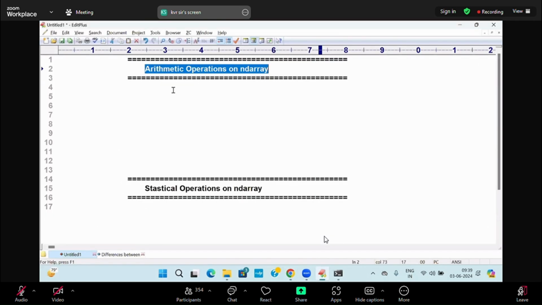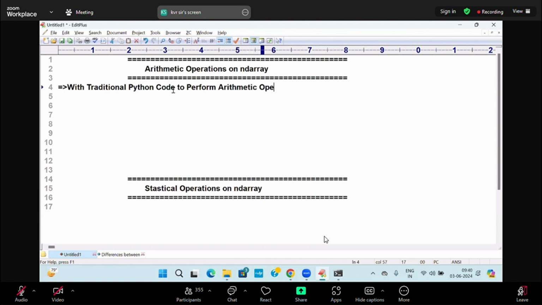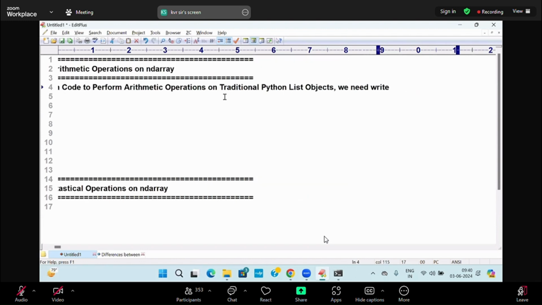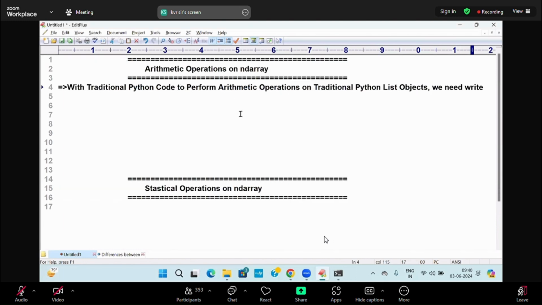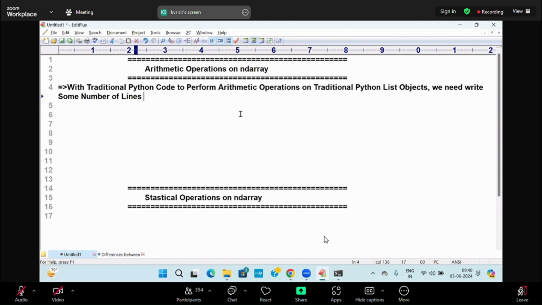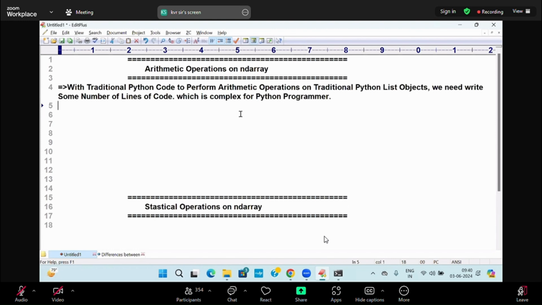So to avoid all those kinds of coding difficulty: with traditional Python code, to perform arithmetic operations on traditional Python list objects, we need to write ample coding, some number of lines of code, which is complex for a Python programmer, and you have seen it. To avoid this complexity,